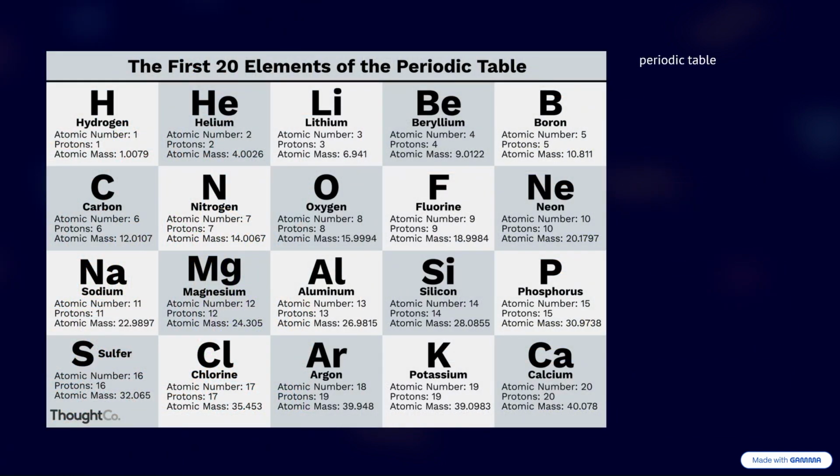I also gave you the reference of the periodic table. You need to just learn these 20 elements by heart. These are enough for you. And if you observe one thing here, see,